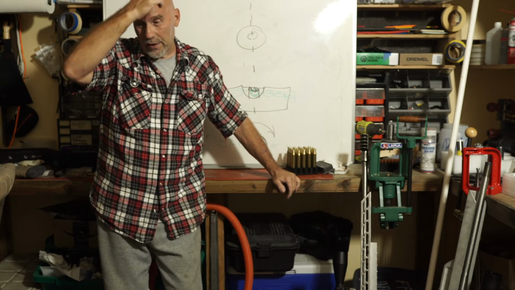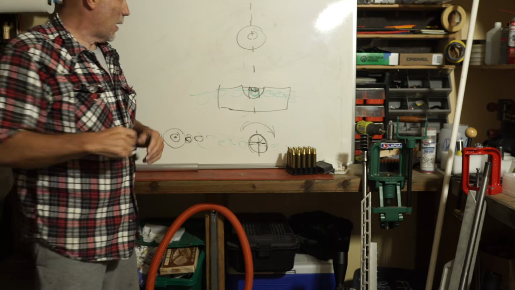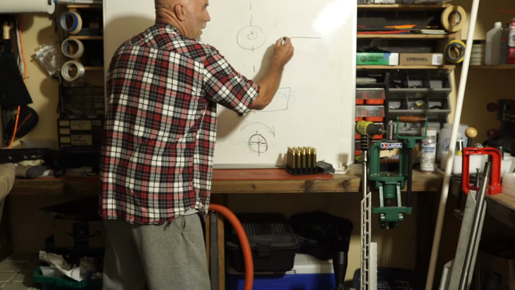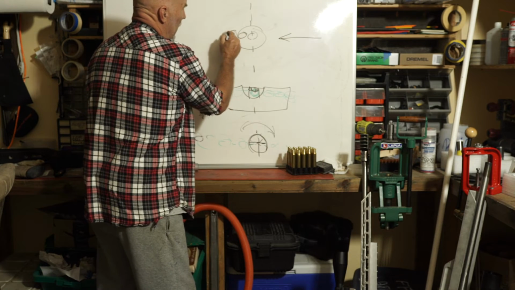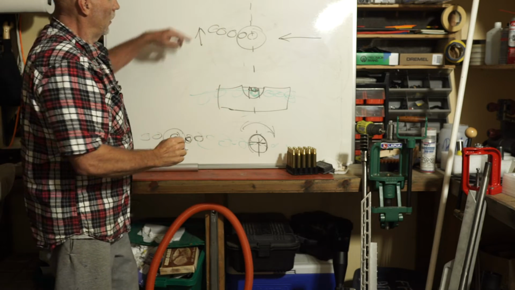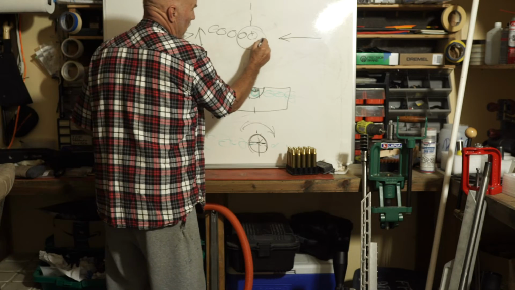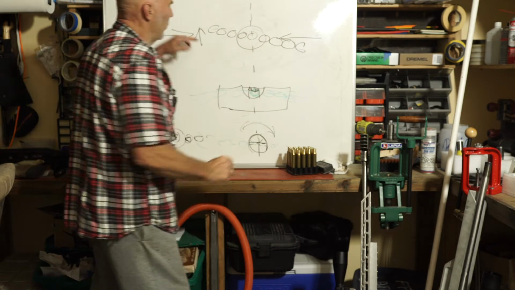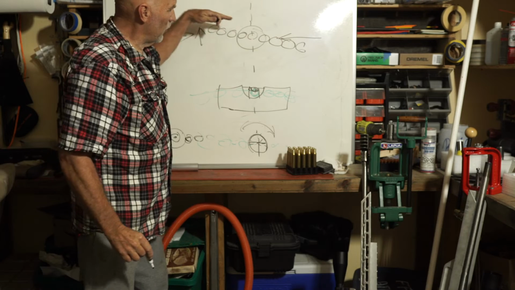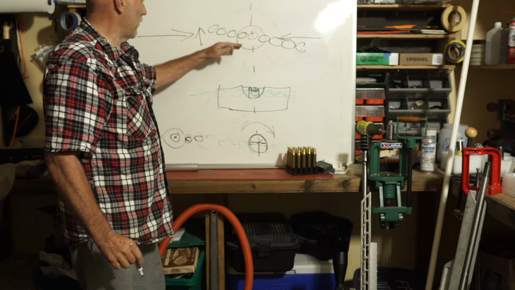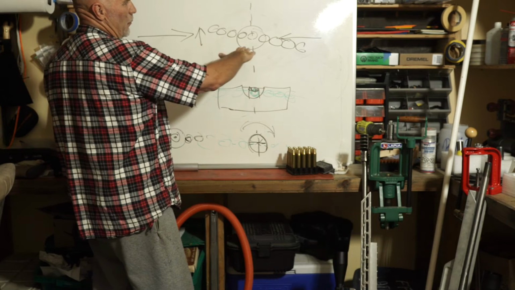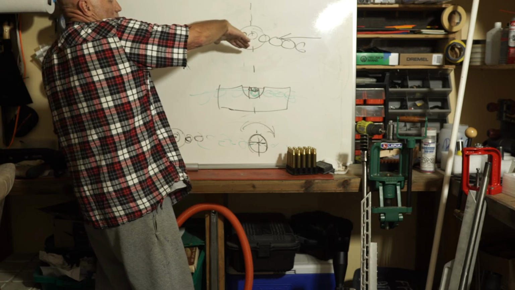It's the same function that, I'm just going to throw this in here because a bench rest guy knows that this is true. The rest of you won't. If there's a wind coming from this direction and it's in effect blowing your bullets off, they blow off and they go up. And if the wind is coming from this direction, these bullets are actually not being blown off, but your groups will form with a dead side wind. The groups to the right of center will form downward, and the groups to the left of center will actually lift upward. And that's because, in response to that wind, the bullet's tail actually picks up and over,